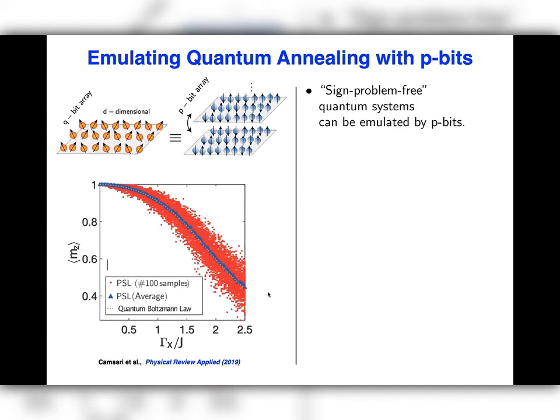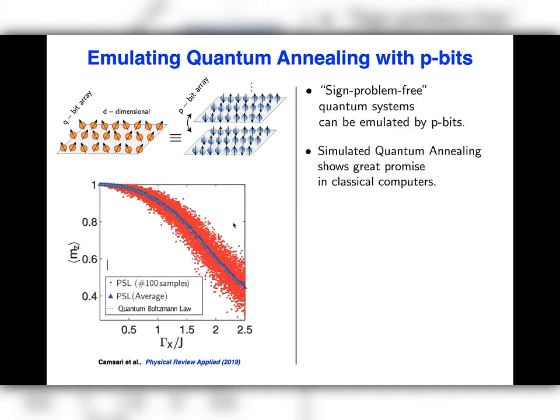It's important to note that people talk about simulated annealing and this D-Wave approach, but they're not the same. Sometimes there's this idea that D-Wave is really solving the simulated annealing problem. That's really not true. D-Wave is solving a quantum annealing problem, and here the probabilistic system is solving the simulated quantum annealing problem. So here's a legitimate quantum problem being solved by this probabilistic system. The green dashed line here is the quantum Boltzmann law, where you diagonalize a 2^n by 2^n quantum Hamiltonian.